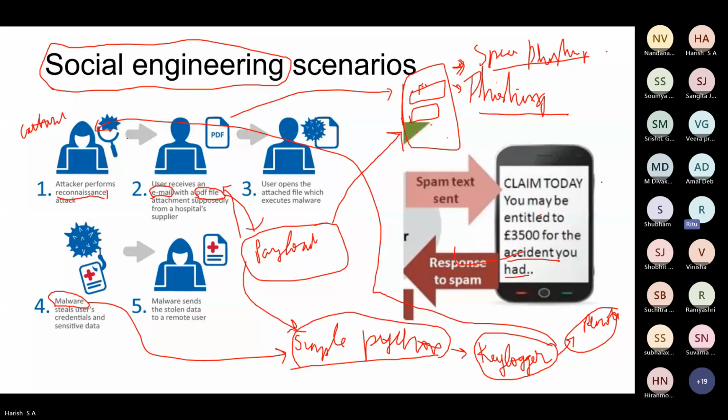These messages are not coming from the authorized bank. They come from different kinds of sources with links: click on this link and get an easy loan. Even these days we get such digital messages offering an easy loan service.